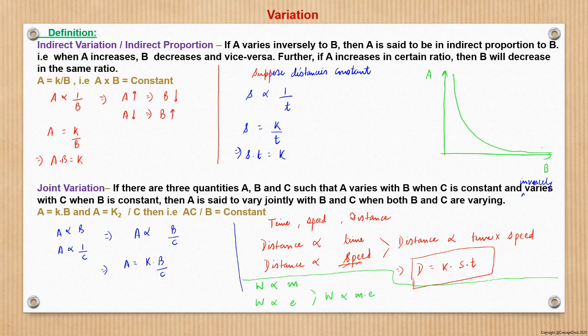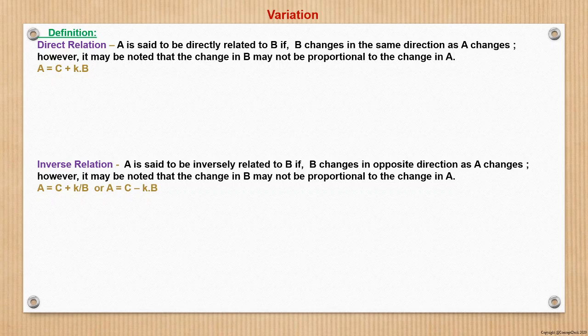So this way we can take various examples and show that joint variation is basically one variable A varying with another variable B, and the same variable A again varying with another variable C. Therefore, if we combine that, we say that A will vary jointly with B and C, right? So that is a case. We'll see various examples on this.